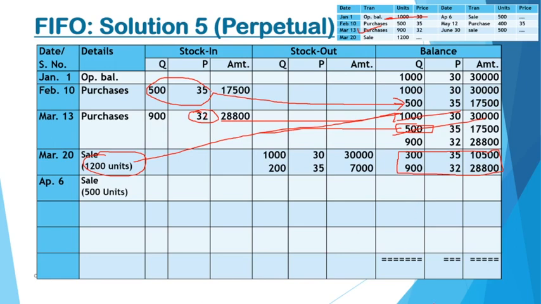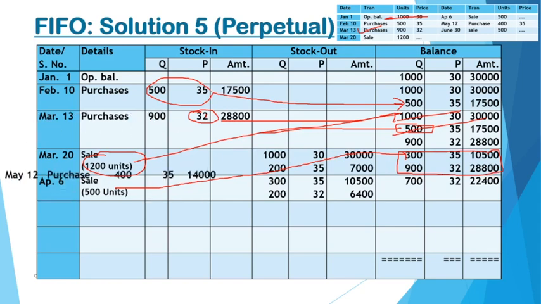No, your method is very objective. It simply says follow the approach. So your 500 units will first be sold from the first lot, but this is of 300 units only. In order to fill the gap of the remaining 200 units, you will be utilizing the next lot. So the first lot will be finished and then we will move to the next lot. That brings us to the balance of 700 units at the rate of 32.